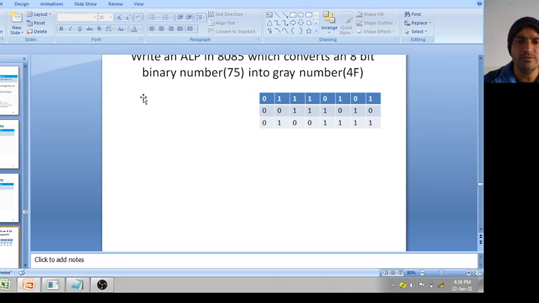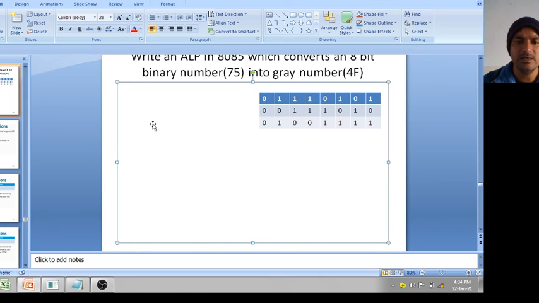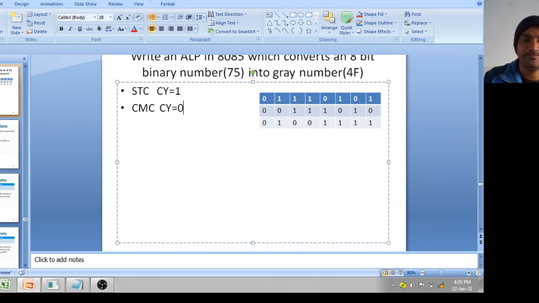You have to make the carry always 0. So what I will do, first instruction STC, it means CY equal to 1, then complement it, CMC, it means CY equal to 0.